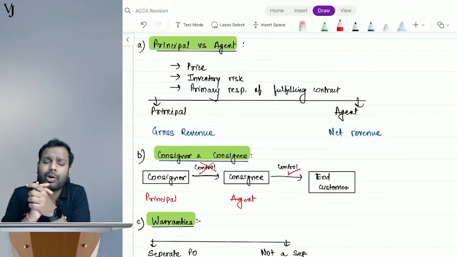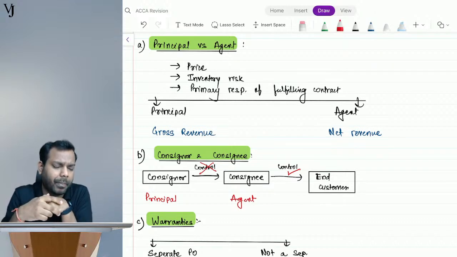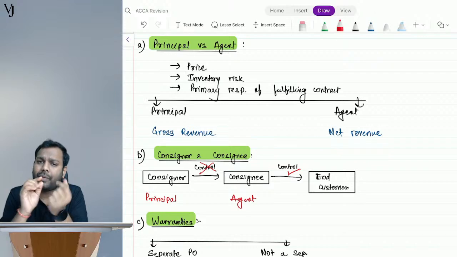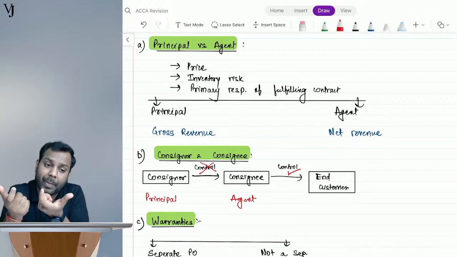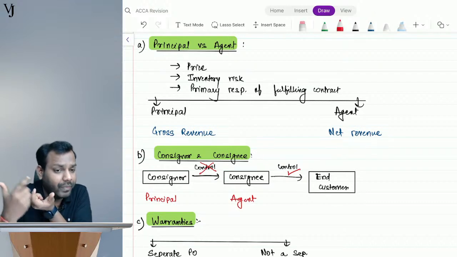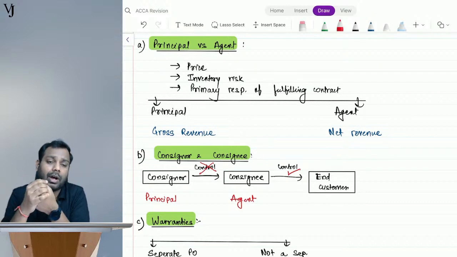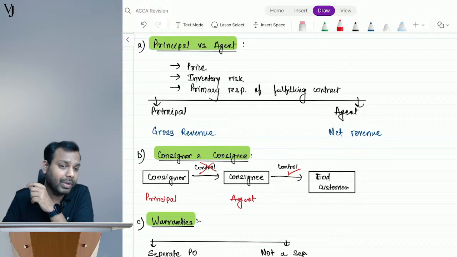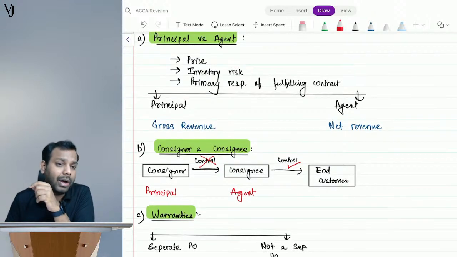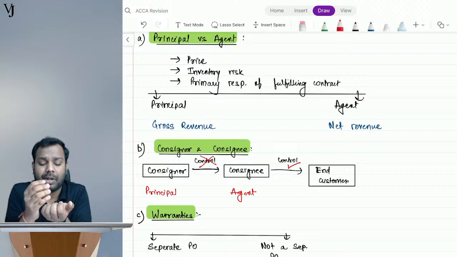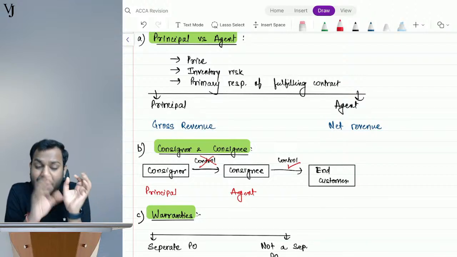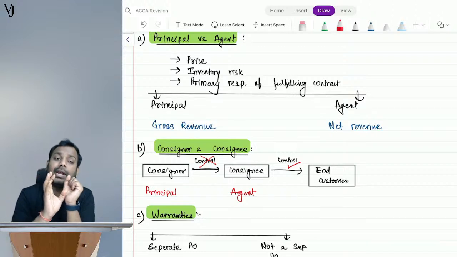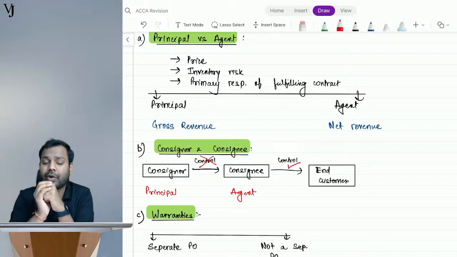Let's suppose, giving you another example, Make My Trip. You booked a flight ticket from Make My Trip. Now the flight ticket is for Indigo, but you are booking from Make My Trip, though you have an option to book from the Indigo website as well. But you have more convenience in booking from Make My Trip. Let's suppose MMT charged you 6,000 for a flight ticket. So 500 is its commission and 5,500 is the amount that it will transfer to Indigo.